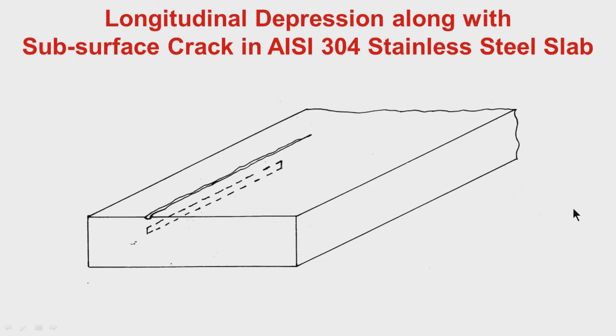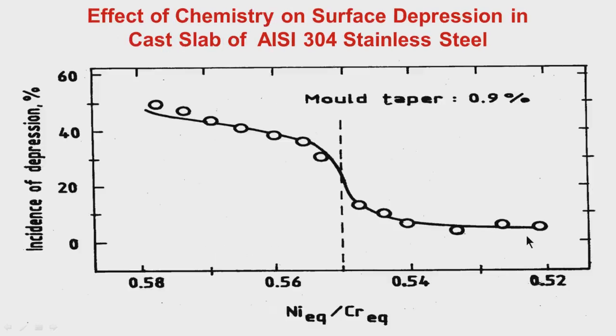Then I talked about 304, which is a typical so-called peritectic grade in the stainless family. Under the longitudinal depression, you might have surface crack. On the surface you are seeing only depression, but if you take a cross sectional view you will find a trace of subsurface crack. So how can it be taken care of? By minor adjustment of chemistry. How? By